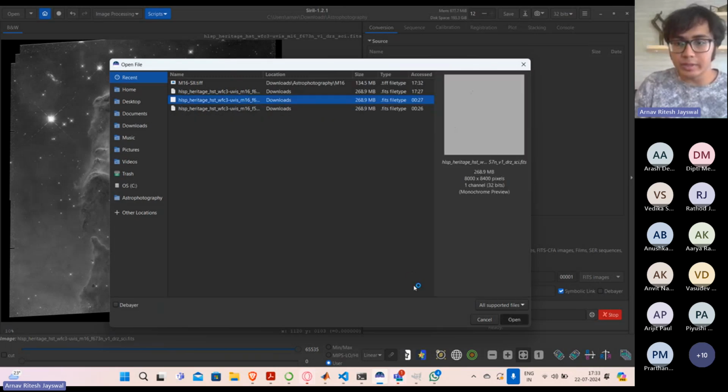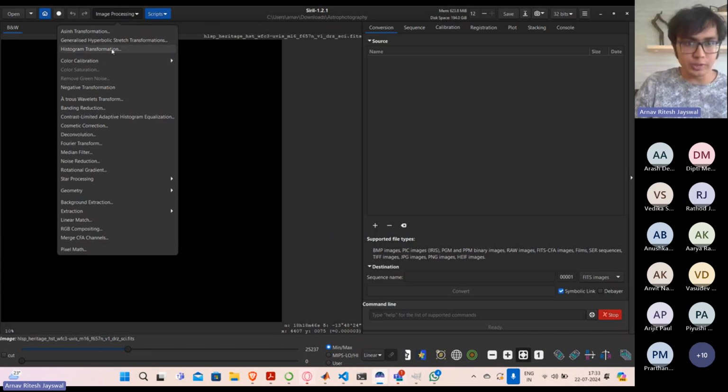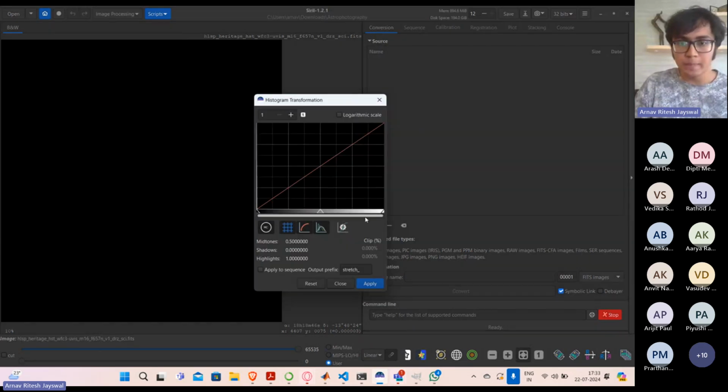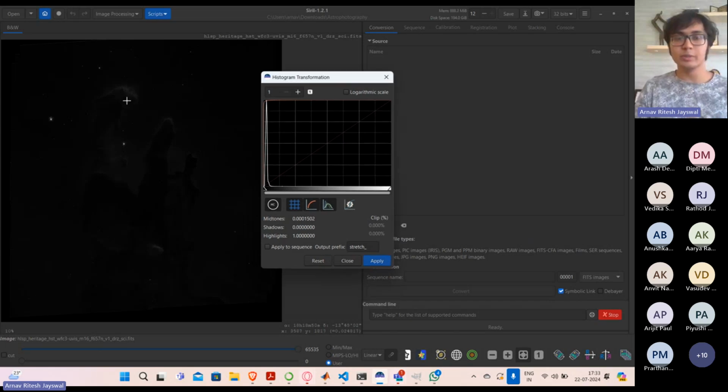This is 657, which corresponds to the H alpha. So again, go to image processing, go to histogram transformation. You'll need to apply the transformation a couple of times, because even after the first transformation it's so faint it's almost not noticeable. So the first time, and then you apply it for the second time,